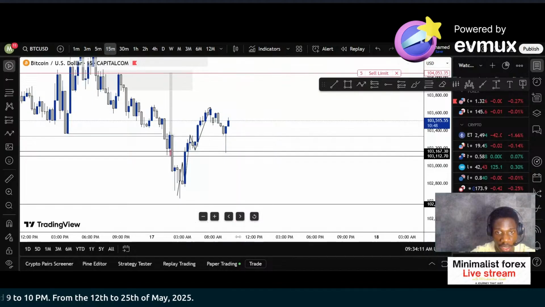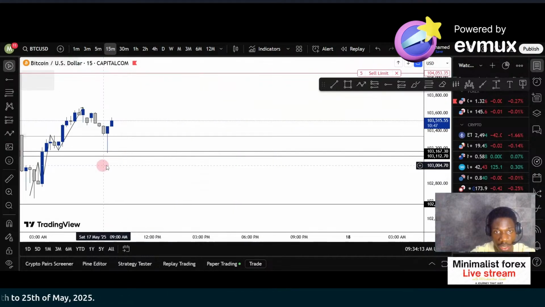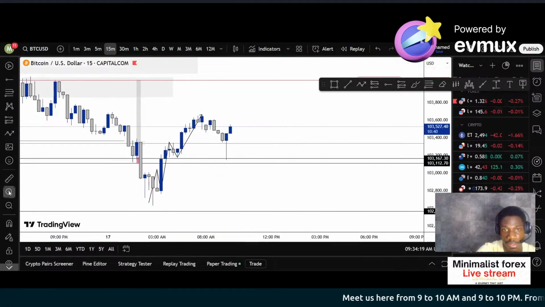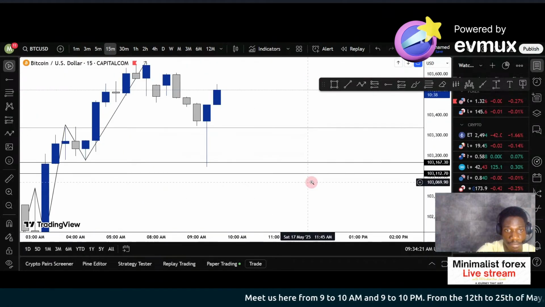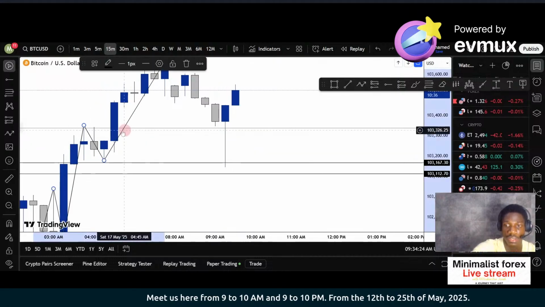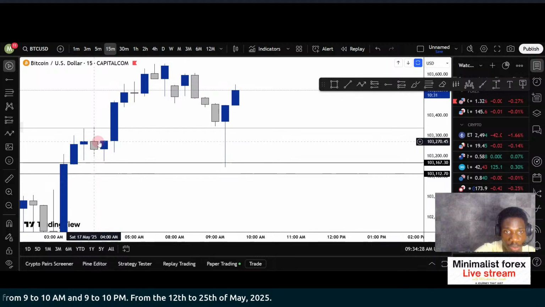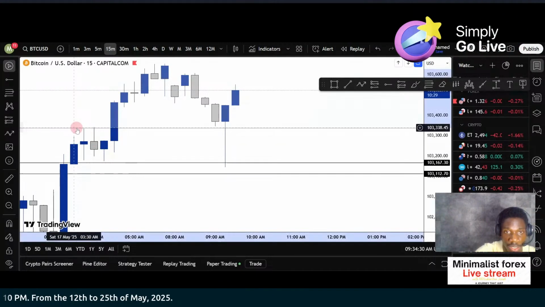So price is going to come back down and react off this because there's a demand zone here. There's a demand zone here. Let me zoom in so you all can see. If I delete this, there's a demand zone. If you look at the candle that has the bullish momentum, this entire zone